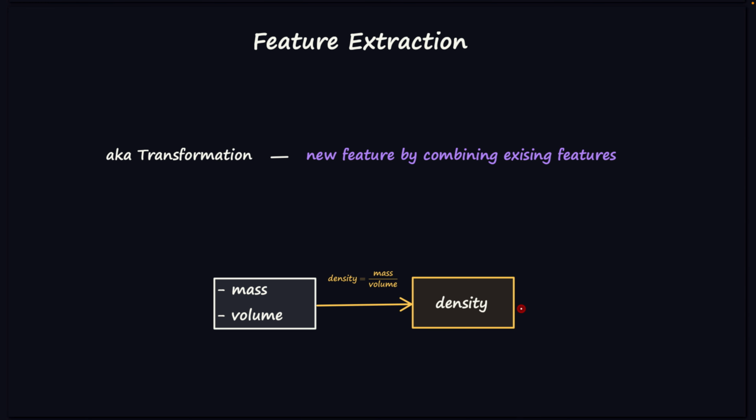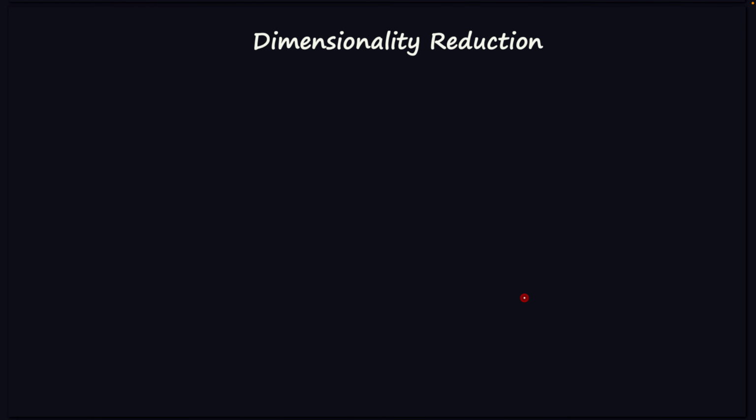And this is one of the common activities that you may need to perform as part of data preparation. Next one is called dimensionality reduction. Remember that the number of features that we have in our data set is called a dimension. Okay, here we are talking about reducing the number of features, because the more features that we have, the more